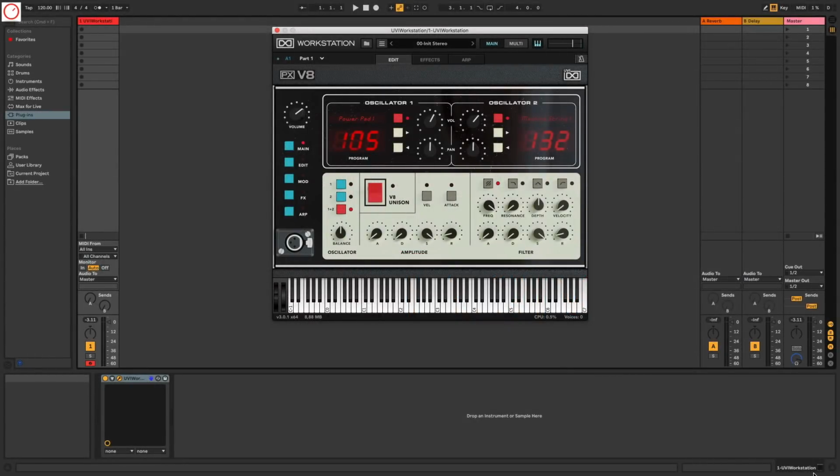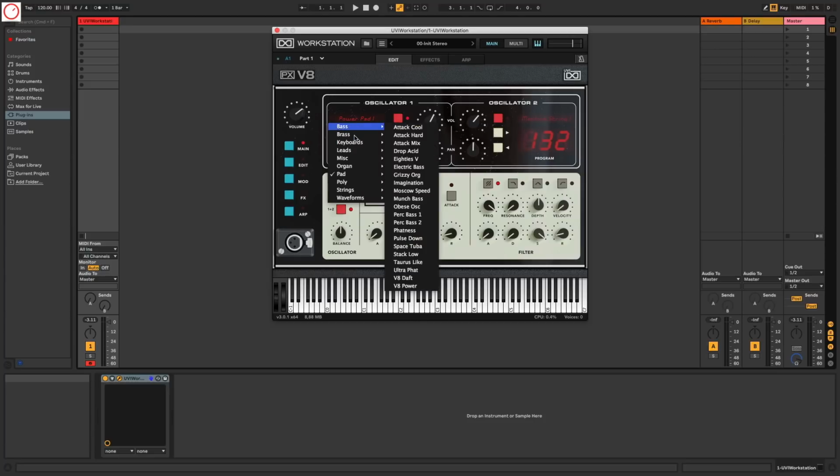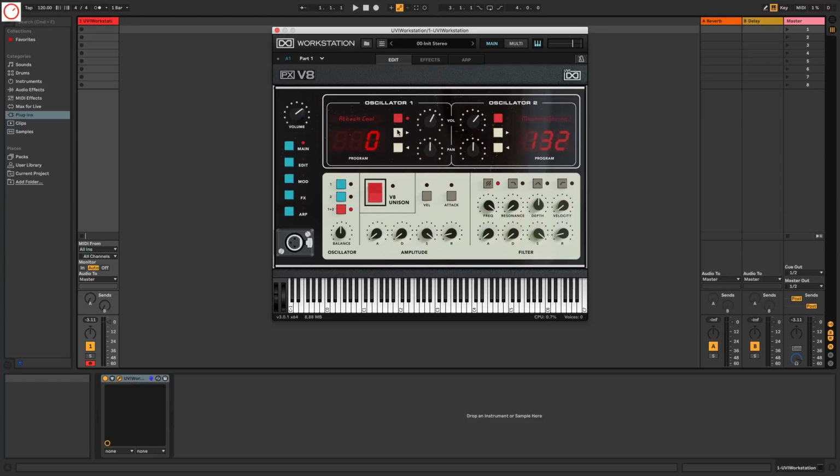I'm now here on the interface of the PXV8, and as you can see it's inspired by the Voyetra 8 synthesizer by the colors, so it has a black, white, silver finish here. First you have two oscillators here, and the oscillators are not classic waveforms but more sample-based instruments. For example, you can put here a bass on it, or a brass, keyboards, leads and misc, organ, pad, poly, strings or classic waveforms. For example, I can take here a bass sound